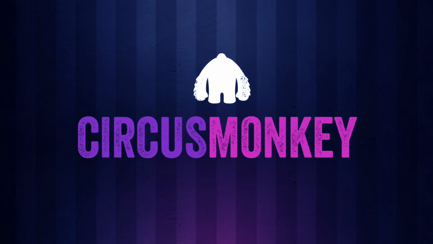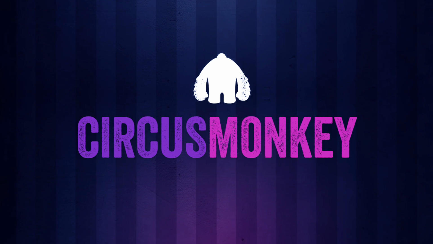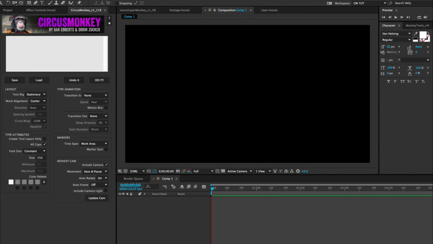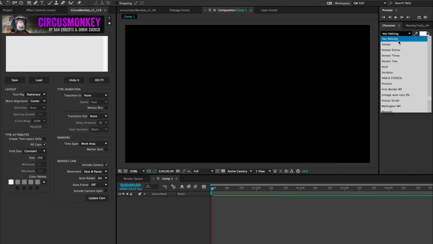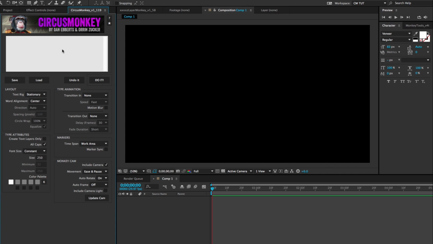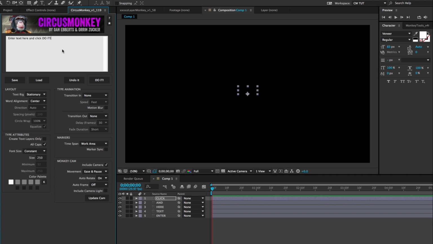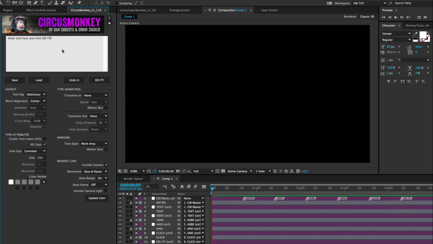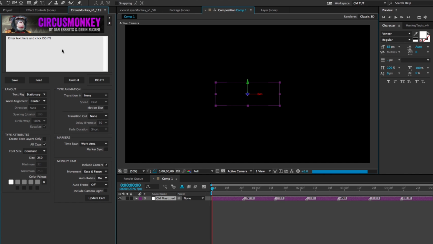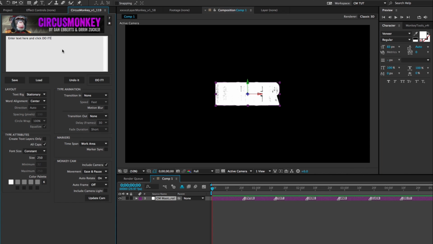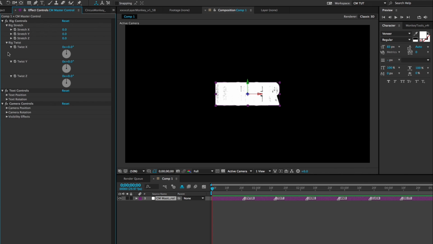CircusMonkey is a script effects hybrid designed to create kinetic type in 3D space. Let me show you how it works. Once you install CircusMonkey, select your font, paste in your text, and click Do It. CircusMonkey is going to build what we call a text rig. In this case, a stationary rig. It'll generate a camera, and it'll shy everything except for the master control layer. And you'll get a bunch of words stacked on top of each other. Everything you'll need to adjust the layout from here on in is located on the effects control panel in the